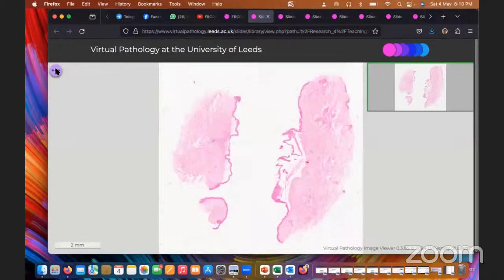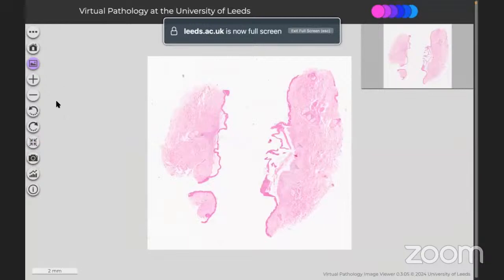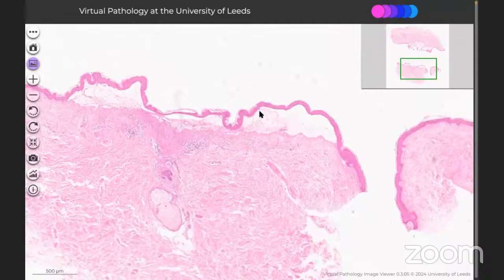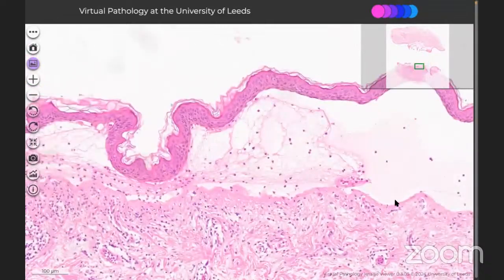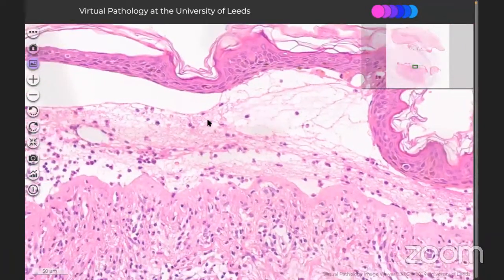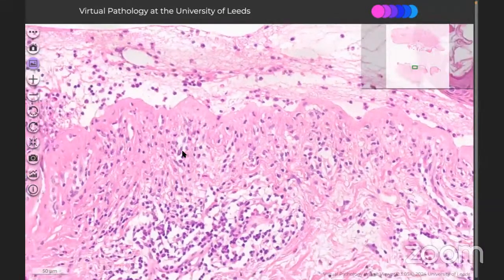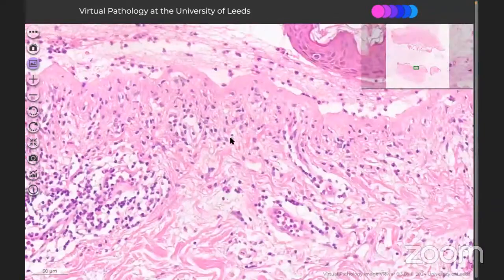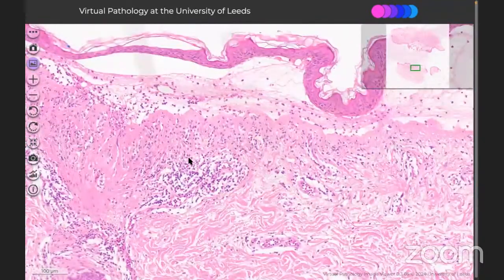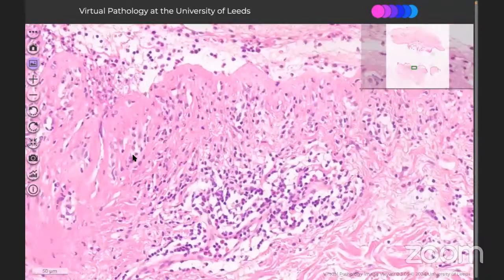So now what we have is subepithelial blisters. Okay, so the epithelium has been lifted off. There is a papillary dermis, and the vesicle is filled up with inflammatory cells and a lot of eosinophils also. Okay, so inflammatory infiltrate is there, perivascular lymphocyte aggregate, along with eosinophils. It is a subepithelial